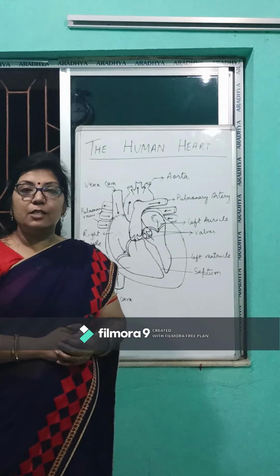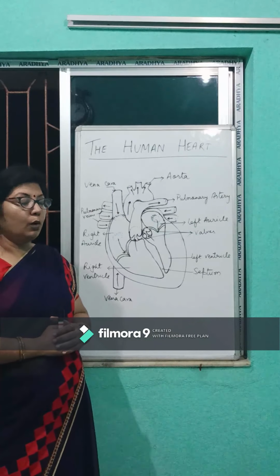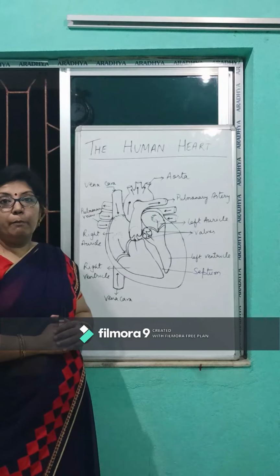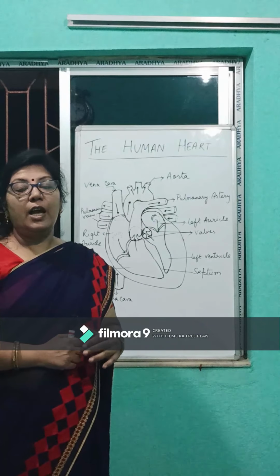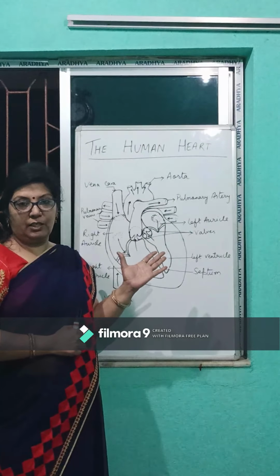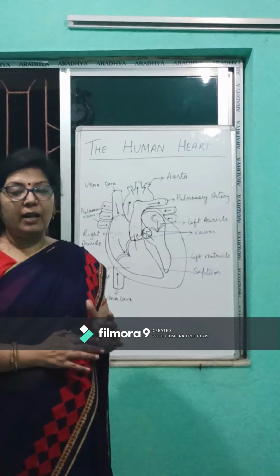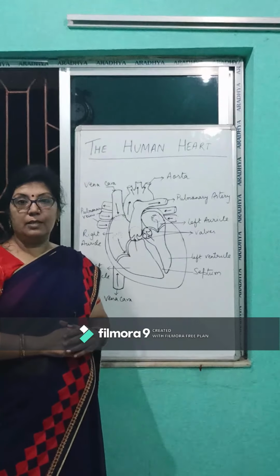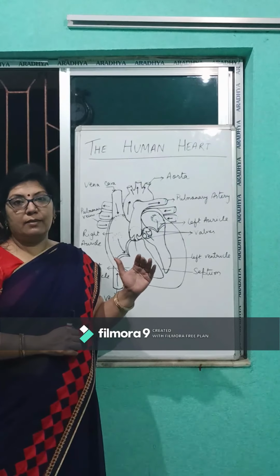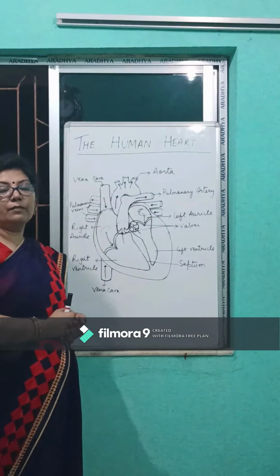The muscles present in the left ventricle are the thickest in the whole heart because it has to pump the blood to the entire body, towards gravity as well as against gravity. This way, the rhythmic contraction and relaxation of the auricles and ventricles continues, and the circulation of blood continues.